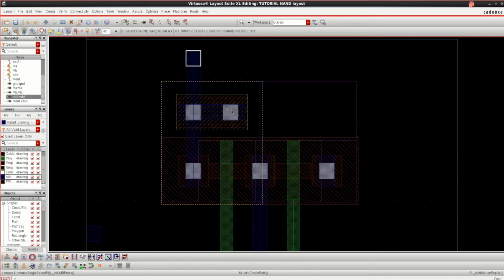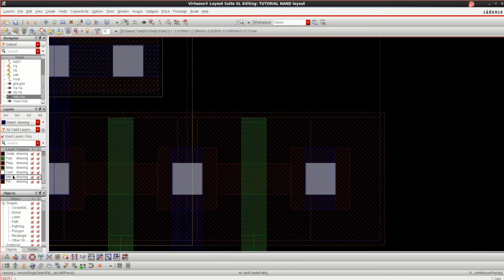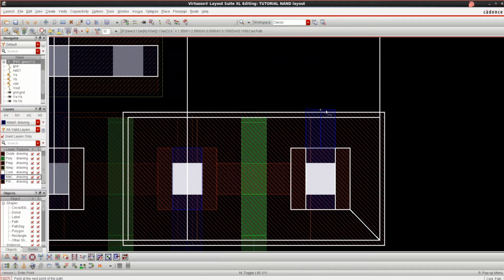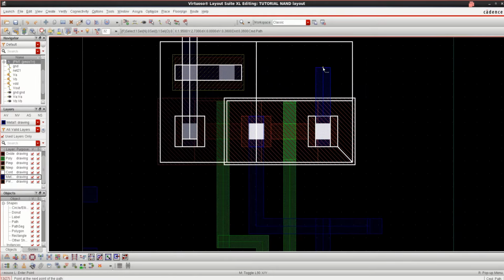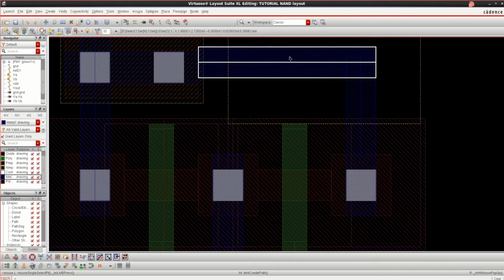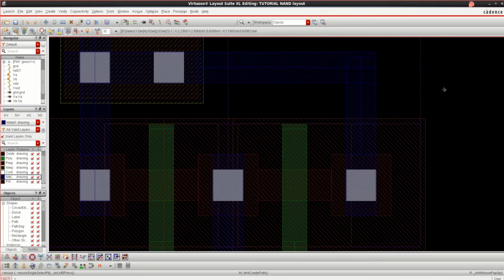I want two VDDs to be connected for the sources. So what I will do is I'll use metal drawing again. Press or select this, press P, just enter. Again you can stretch this. First try to connect, then you can align. Fit, F.